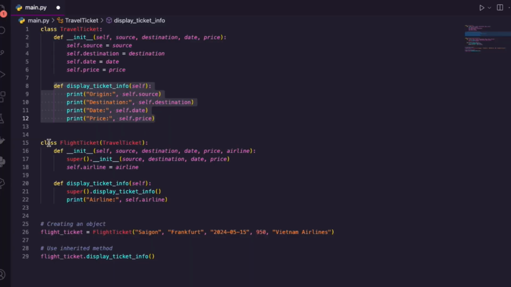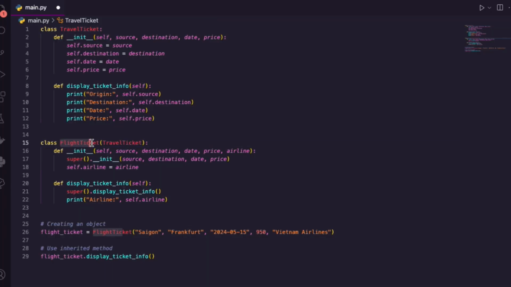But then you see I have another class, right? This travel ticket, that could be anything. It could be a bus ticket, a boat ticket, a flight ticket, a train ticket. So my flight ticket, that's more specific, okay? Now this is saying it's a flight ticket. I'm inheriting everything. So by inheriting, it unlocks access to all this existing information that I can continue to use